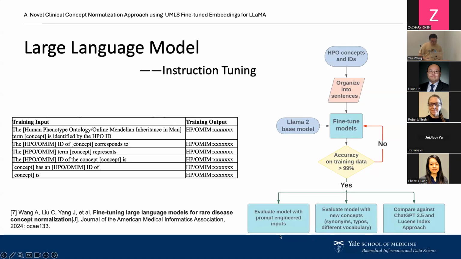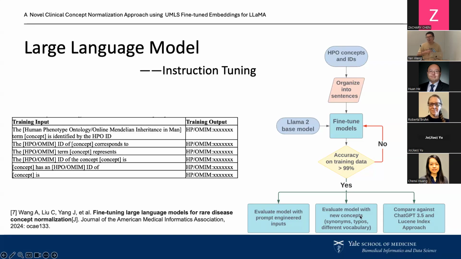For example, they can evaluate the model with prompt engineering prompts to see whether the normalization performance improved, or also use a similar process to the training process to test the